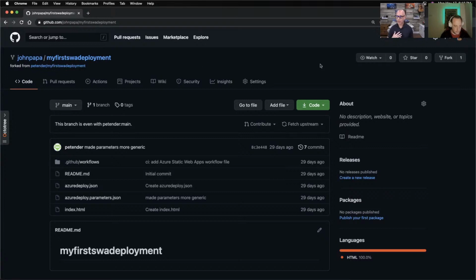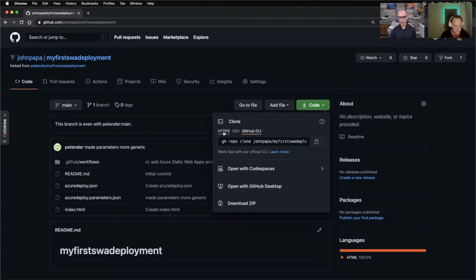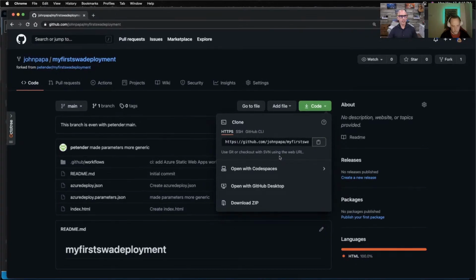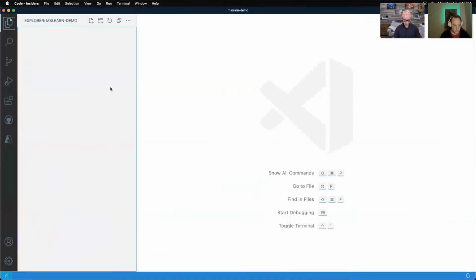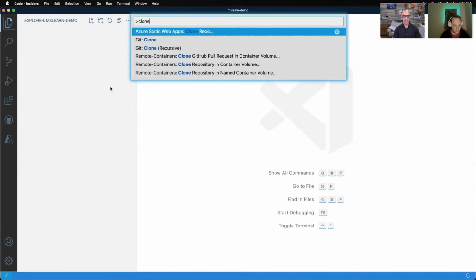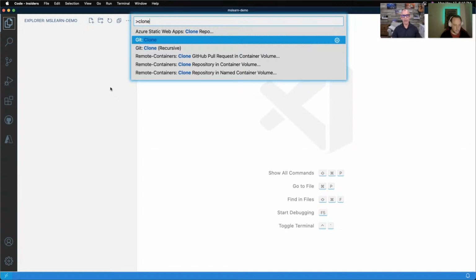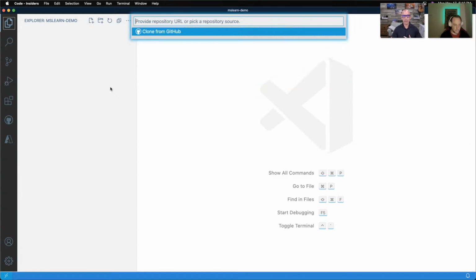So now at this point, I've got my own copy and I can make my own code. So I'm going to choose Code here and I'm going to choose HTTPS and I can click on this URL if I'd like to. Right there, that will copy it to my clipboard. Now I could go use terminal, but instead let's go back into VS Code right here. And I'm going to use the command palette. I'm going to hit F1 and I'm going to type clone. We're going to do a git clone. I want to clone my own repo.